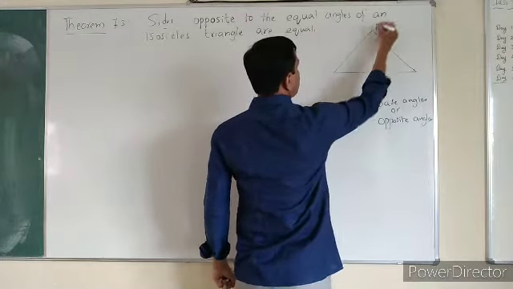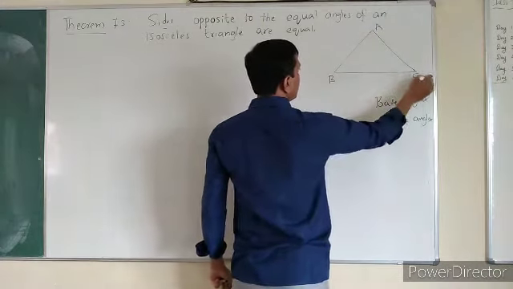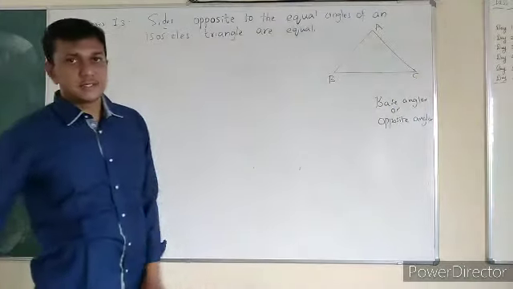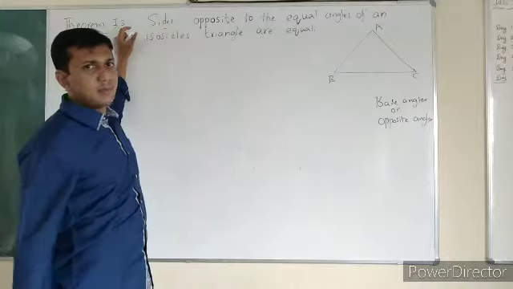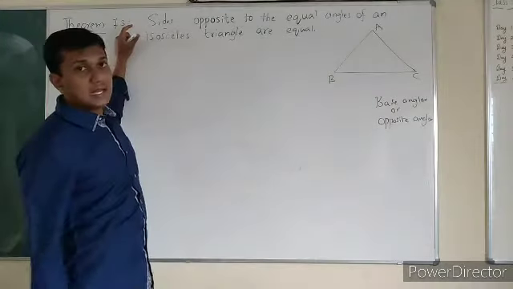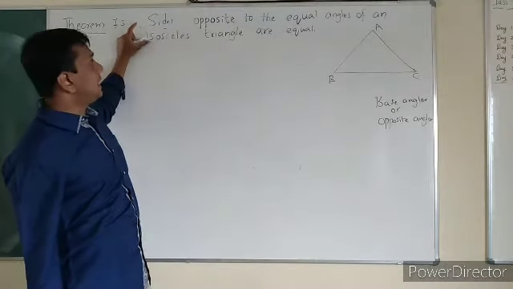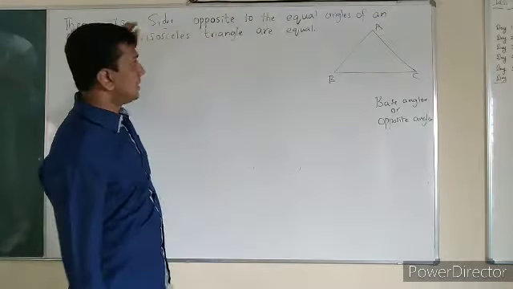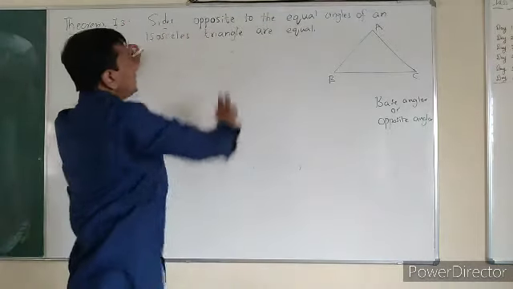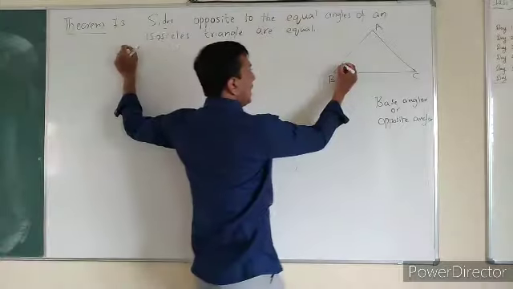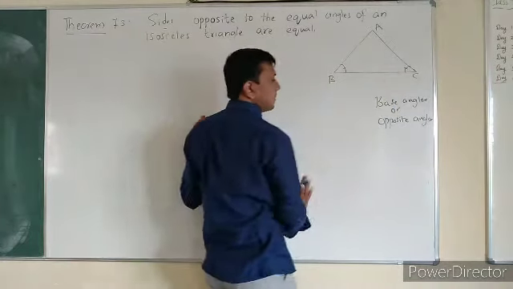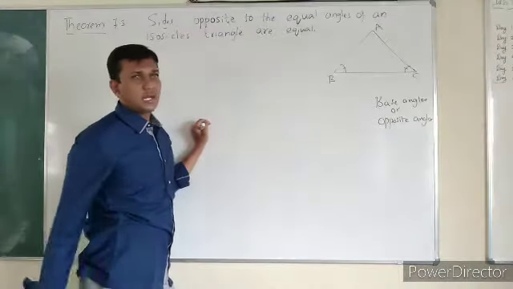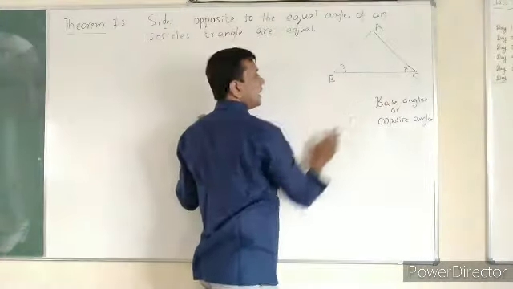So let us take this one as an isosceles triangle. I cannot say it is an isosceles triangle. Isosceles triangle in the sense opposite sides will be equal. But I have to prove that it has equal sides. So, sides opposite to the equal angles now. Angles are equal. Previously, sides were equal. Now, angles are equal.